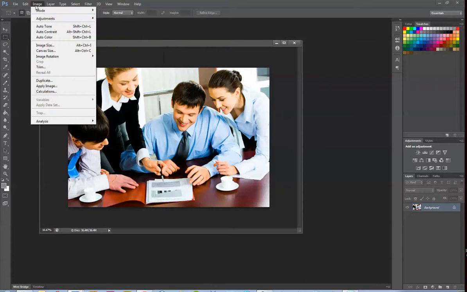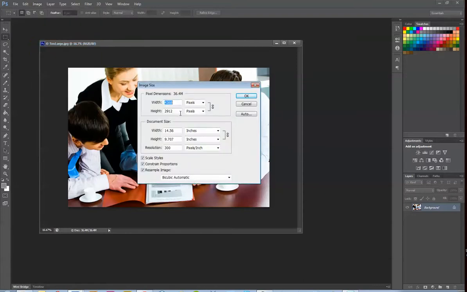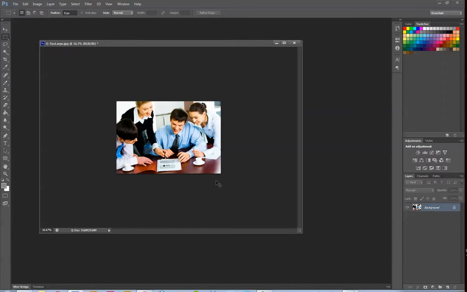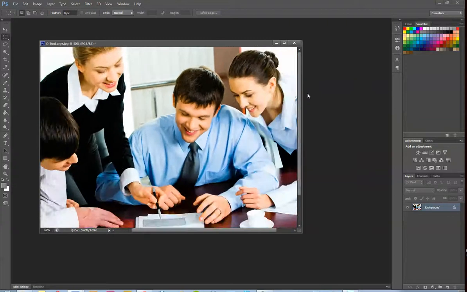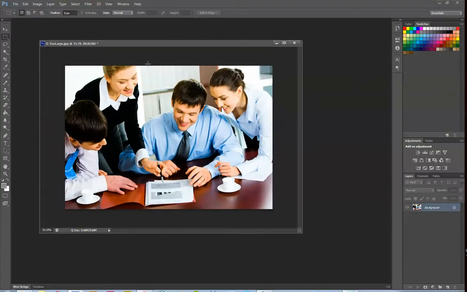So let's go back to image size. Obviously, like I said, we want to get it around 2,100 by 1,500 pixels. So I'm going to type the number in, and I want to keep the link button on. So not quite there. So let's do 1,500. As you can see, now that puts it above it. Okay. So now you can see when I zoom in, it is still really good quality, which is what we want. It doesn't have to be exactly 1,500 by 2,100 pixels,